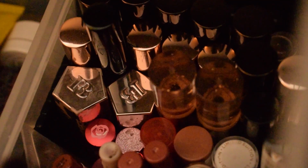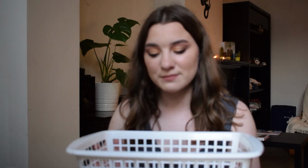My lip products, all of my lip products. Hello, it's kind of dark in here. So my lip products, my brushes, and these are my go-to palettes. I'm gonna make a video about my go-to palettes. And this is my face paint palette. My other palettes are actually in another room. So I think I'm just gonna declutter piece by piece. I'll be right back. Okay, so I've got my first basket, and this is the basket with